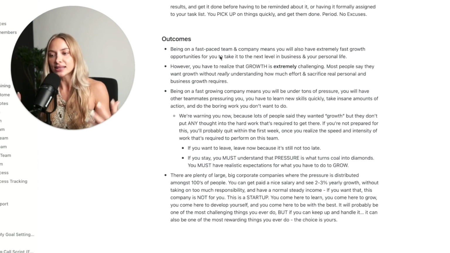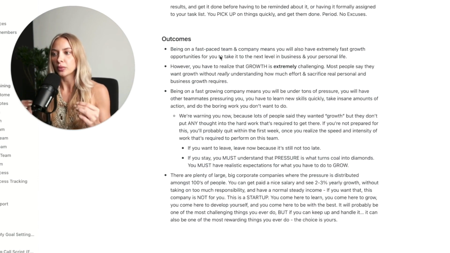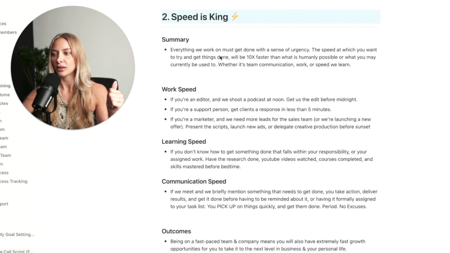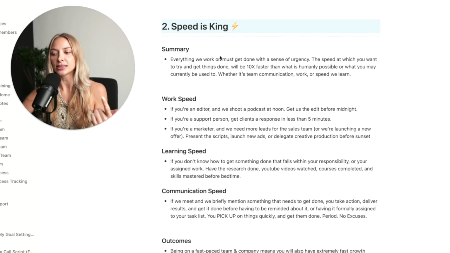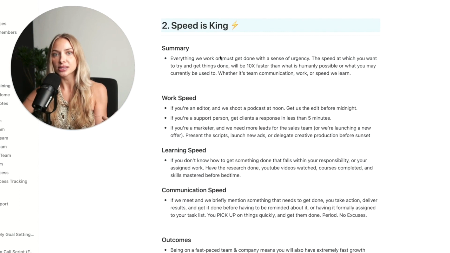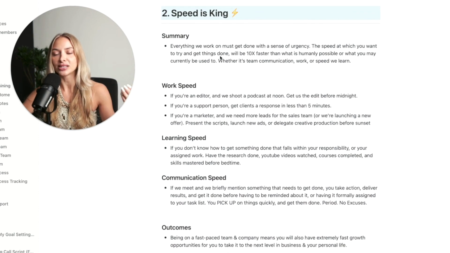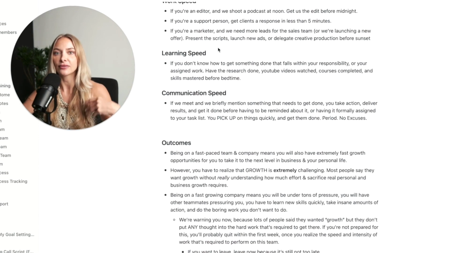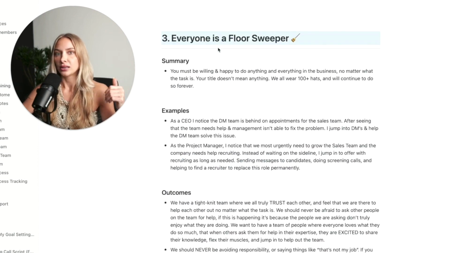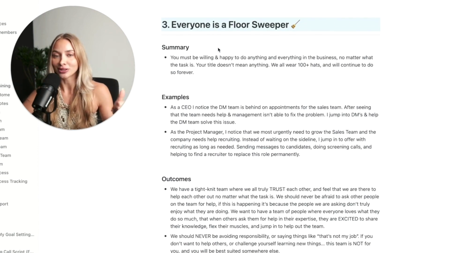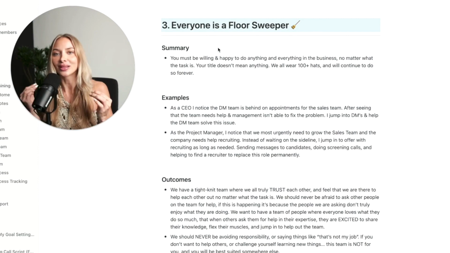Again, why is that important? Okay, so super important. You have a summary, then you have some examples, good, bad, whatever fits. Then the outcomes, why you decide to implement this, and give them a reason why this is important. The next thing we have is everyone is a floor sweeper, which is so important because we literally had people